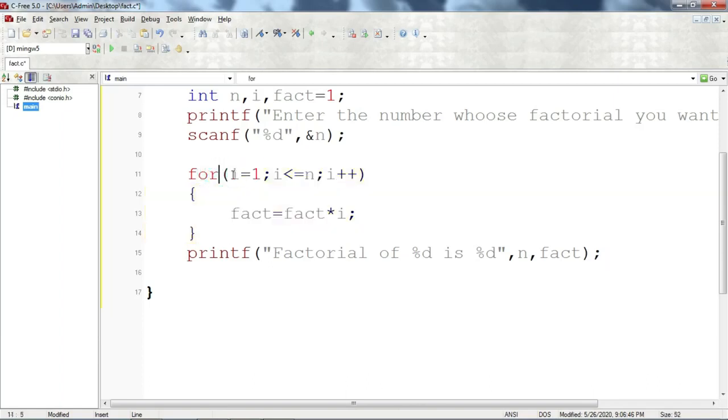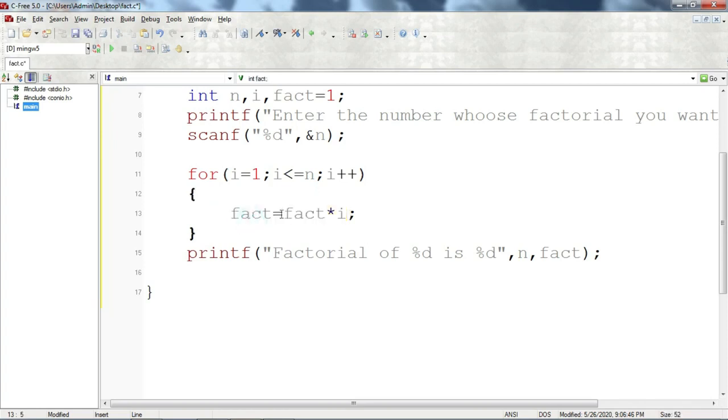First of all, let's understand this looping. I am starting from i equal to 1 up to i less than or equal to 5. For example, if I enter the value of n as 5, I want to find the factorial of 5. Here 1 is less than or equal to 5, so the condition is true and I enter the loop.